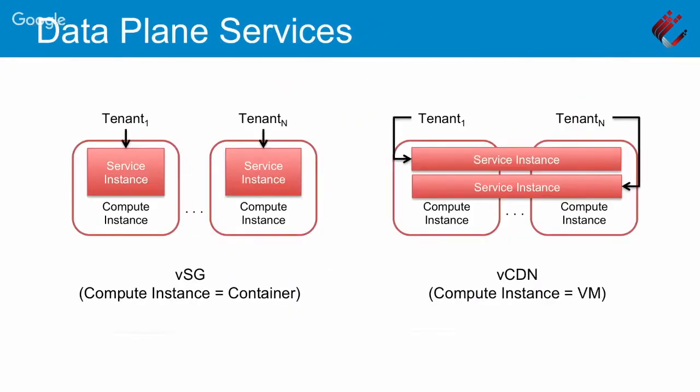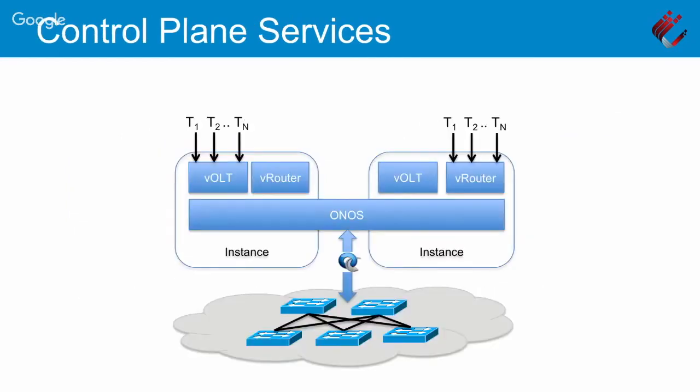Just a real quick look to give you a sense that these services are implemented in different ways. And the power of the service abstraction is it makes them all look alike for the sake of service composition. So if you drill down on the data plane services, sometimes they run in containers, one container per user. Sometimes they're horizontally scaled like a scalable database would be scaled. So there are different mappings possible between the service abstraction's definition of an instance and the compute instance. And if it's blue, it's basically a control app running on top of ONOS. ONOS scales horizontally across the set of compute instances, and it takes its apps along for free. They get to scale horizontally as well.